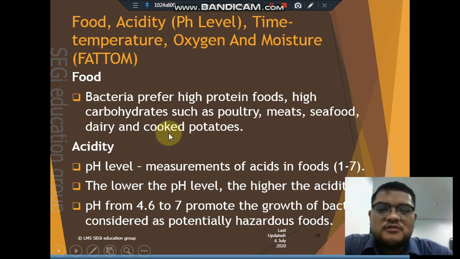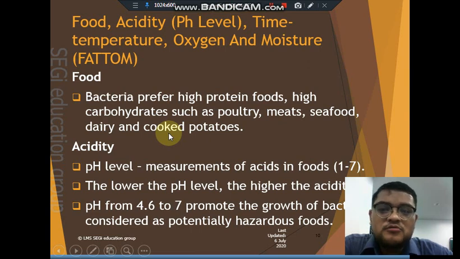So this food is actually very likable to bacteria. So protein food and also cooked carbohydrate food is very good food for bacteria